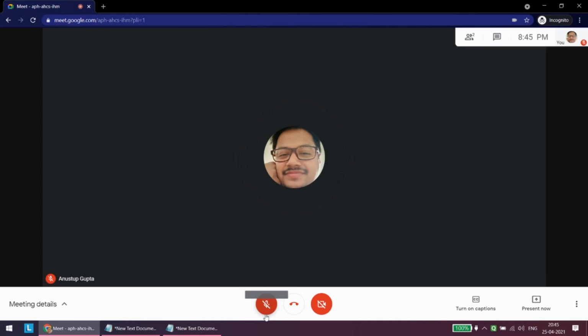To turn your video and audio on, simply click this microphone button. You will see it turn white. Similarly, to turn your video on, click this video button. It will turn white, and within a few moments you will be able to see your video on the screen. As you can see, when I turned on my video, it is available here. It is visible on the top part of the screen. You will see the screen like this on the day of the actual event. So students, what are the basic details?